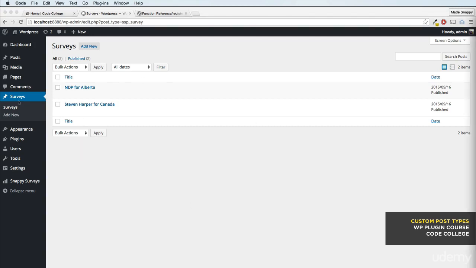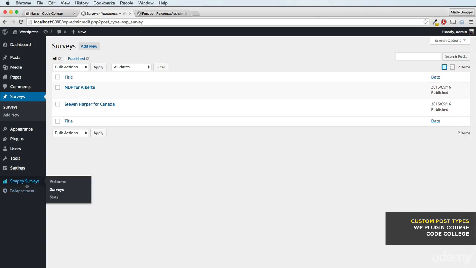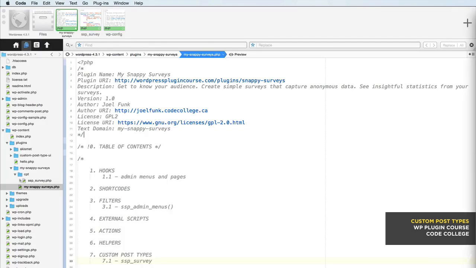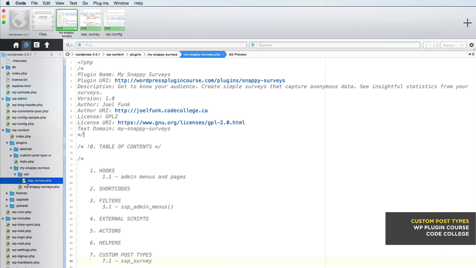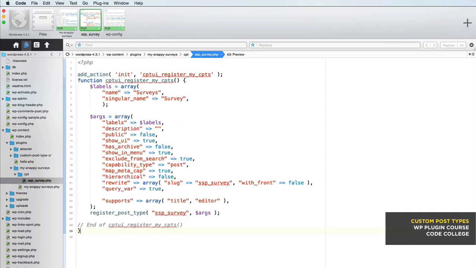Okay, so we don't need this menu, surveys, right here, because we have this inside of our survey plugin already. To get rid of this menu, let's open up our code editor and navigate to our SSP survey PHP inside of our CPT directory. And here there's an item that says show in menu. We can see that right here. It's set to true. So if we change that to false,